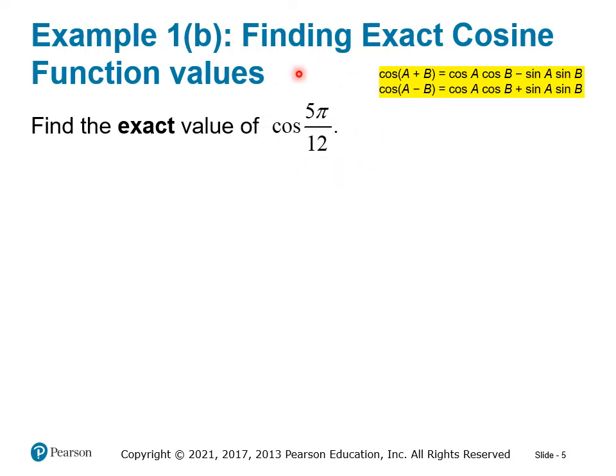And so the first thing I want to do here is to convert 5 pi over 12 into degrees. I do that for my own help, because I want to do just like we did last time. How do I make 75 degrees out of the angles that I know? So here we have 5 pi over 12 equals 75 degrees,